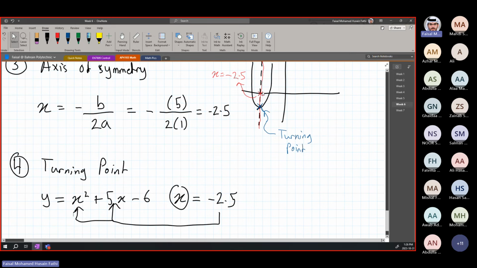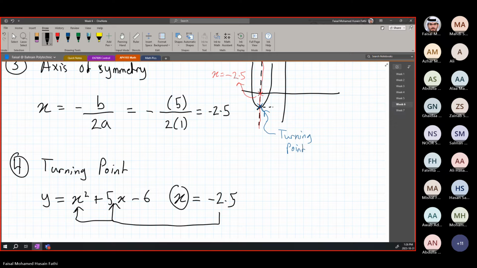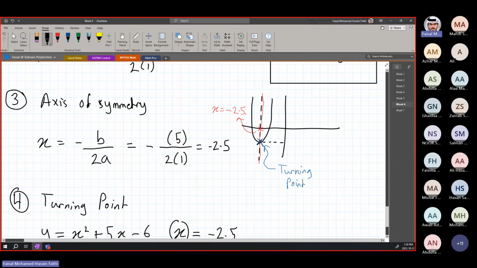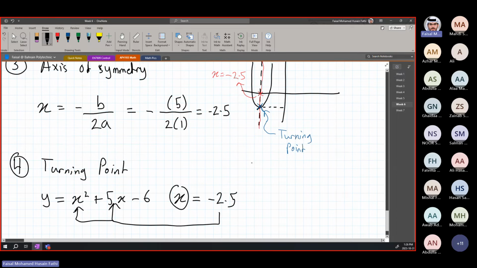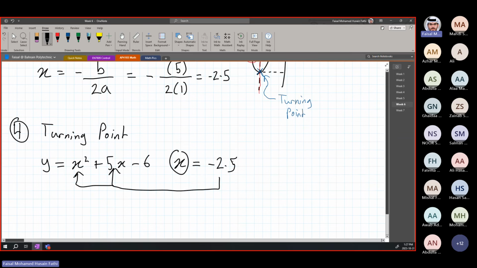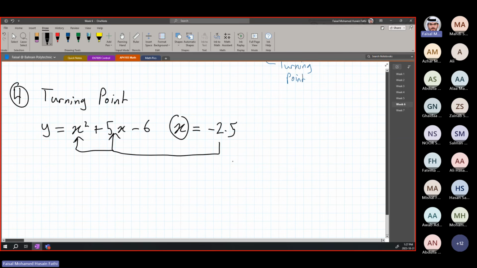Because if you notice in the graph over here, we have the x coordinate, which is minus 2.5, but we don't know where the y is. This y. We need to find the value of this y. For example, maybe it's positive, maybe it's negative. I'm not sure of how the graph looks. I'm just using this graph to explain the idea, the concept. So when we substitute minus 2.5 back here,